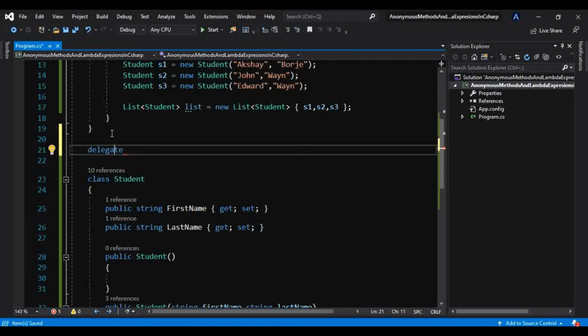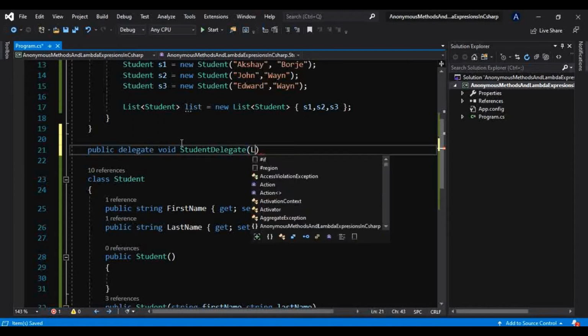So I will first create that delegate here. Public delegate, which will be void, which returns nothing, because I will directly show the result on the console. I will name that StudentDelegate.